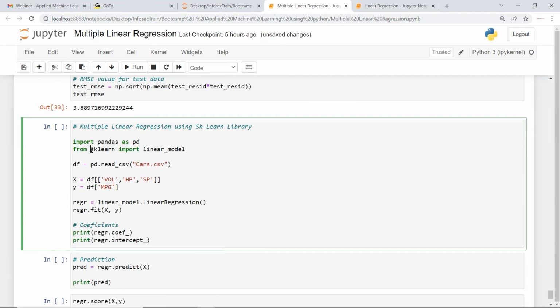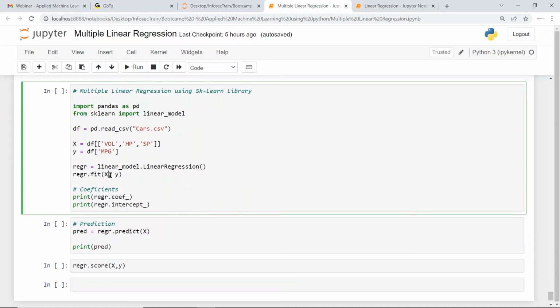And we are using sklearn import linear_model, meaning we are importing the linear regression method. After building the model, we fit the model on our data